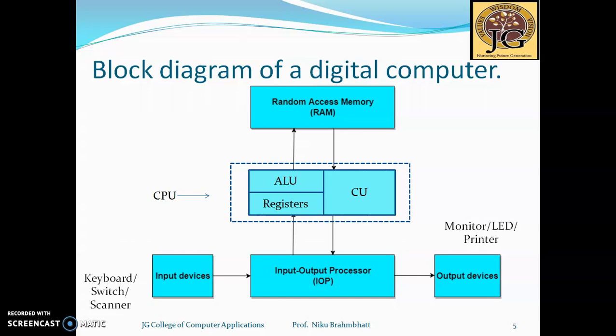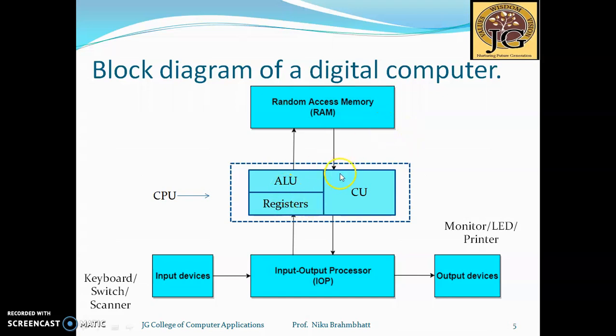First of all, that instruction is fetched from the main memory and stored inside the registers. Then the ALU analyzes that it has to perform an addition operation, and to perform this it requires the values of two data, A and B. So the values of the A and B variables are fetched from the memory and stored inside the registers. After that, the ALU performs the addition of the values of A and B. Let us say A is equal to 5, B is equal to 6. So it will perform 5 plus 6. The final answer is 11. It is again stored in the register.